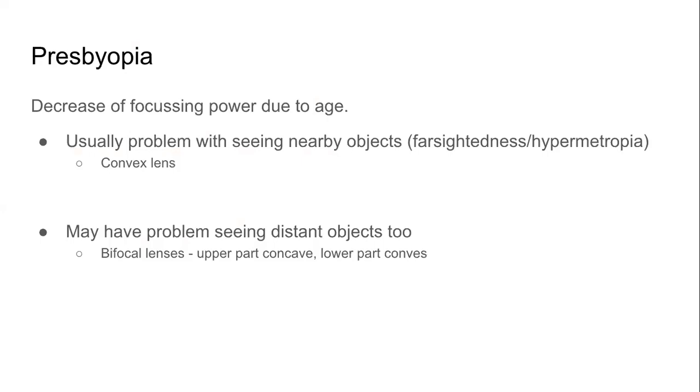The third defect, which is not exactly a different defect, is called presbyopia. Presbyopia happens due to age. जैसे कि as we grow older, forget about seeing. We are not able to do the same work that we were able to do earlier. Our bodies become weak. Eye is also part of our body. The eyes will also become weak. Our power reduces. So one way it reflects in our eyes is we will not be able to see nearby objects.